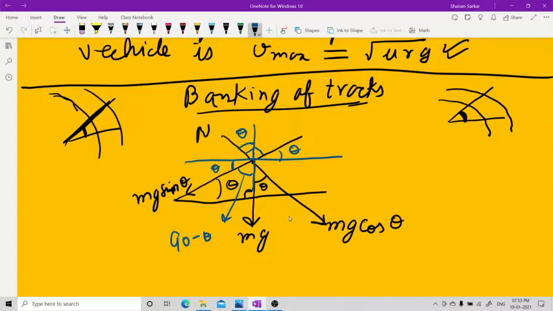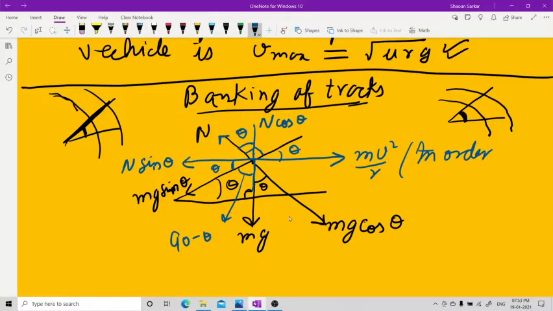Now, do one thing. You resolve this N in two forms. N cos theta in this direction, and N sine theta in this direction. Now, in order to keep the body on the surface so that there is no slipping, the centripetal force must act in this direction. mv square by r must act in this direction